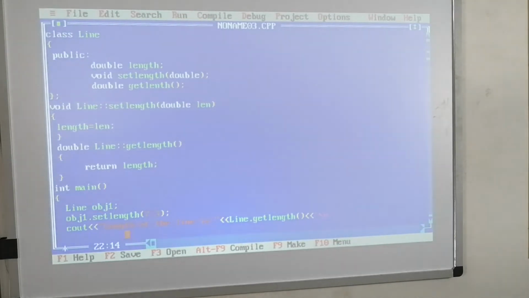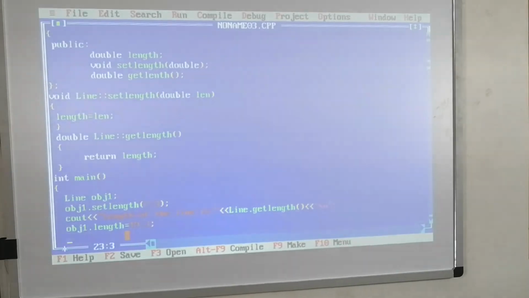Here, by using this object, obj1 dot length equals 19.3, right.